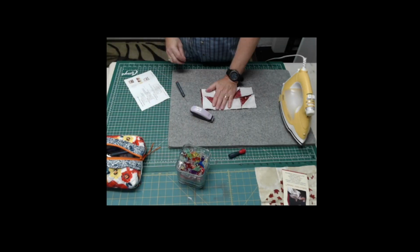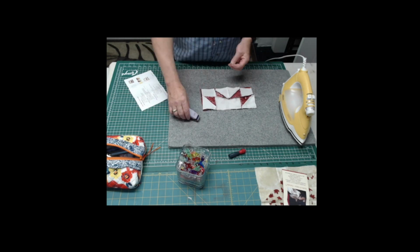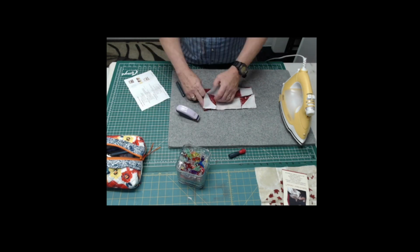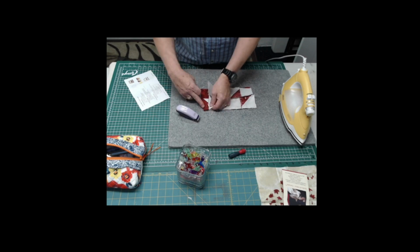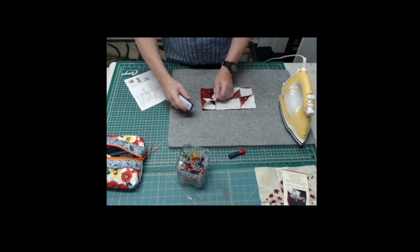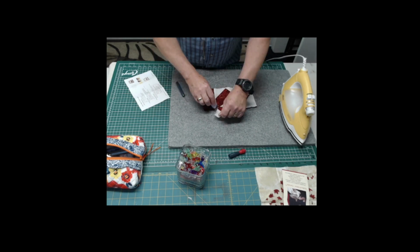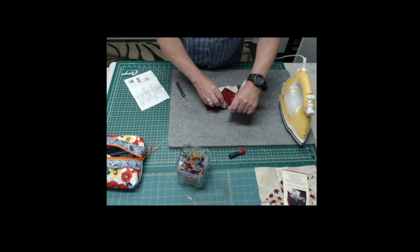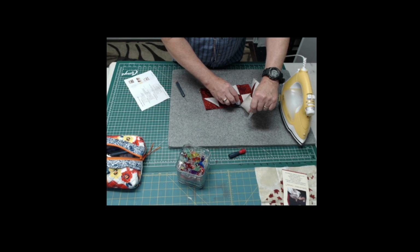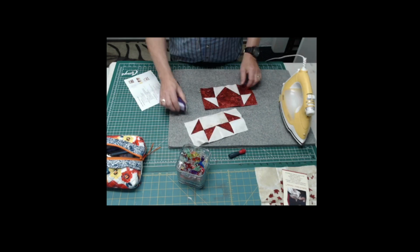So I'm going to show you how I rip this out fast. I have this little shaver here. It's an electric seam ripper. It's a little shaver for neck hair, that kind of thing, but it works really well. So what you do is, I've already started pulling the stitches out to get this piece started. So I'm just going to pin this down to my mat, hold it up here, turn it on, and away we go. This does not rip your fabric. And you can see how fast, once you get it going, this is great if you've got a long strip to do. Okay, I've got that piece out,